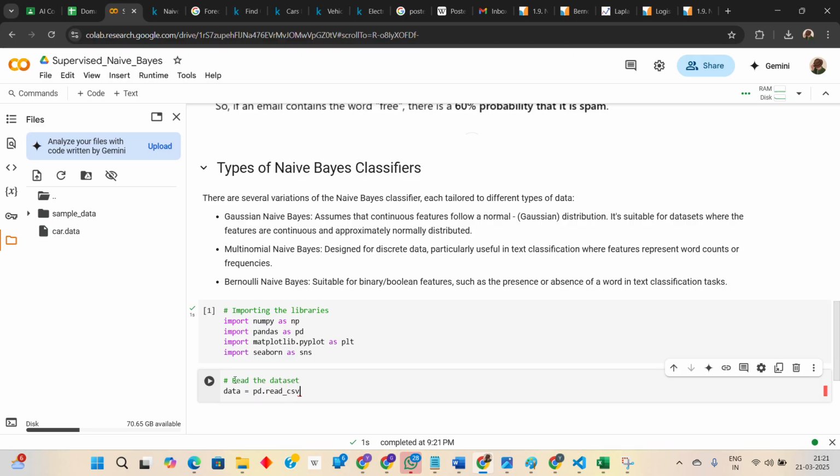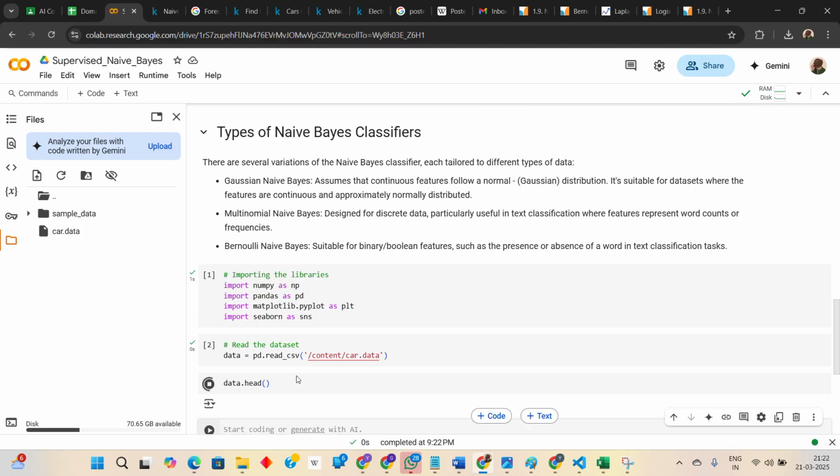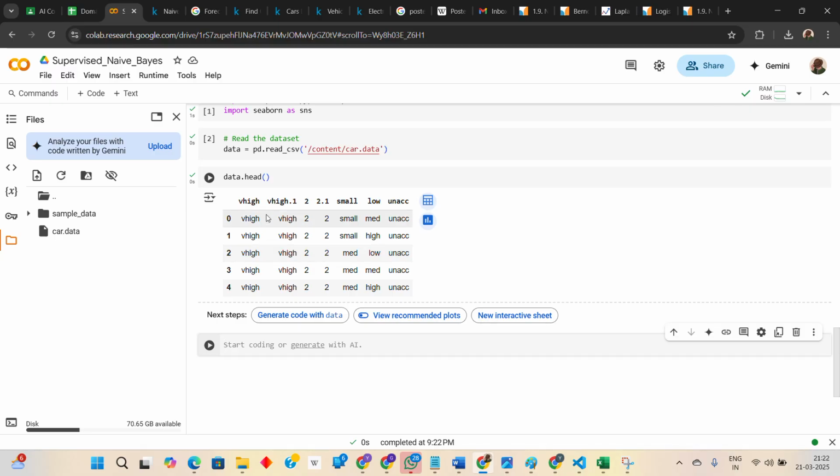Read_data files, also can read_CSV. Sometimes it works. You can have a look. data.head. Got it? So we got the data sets. But here you can see